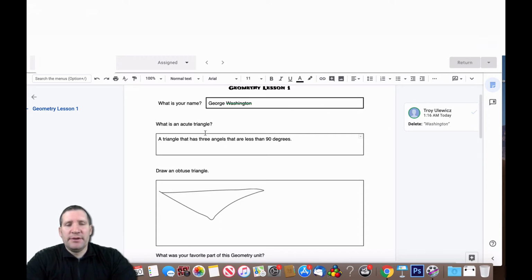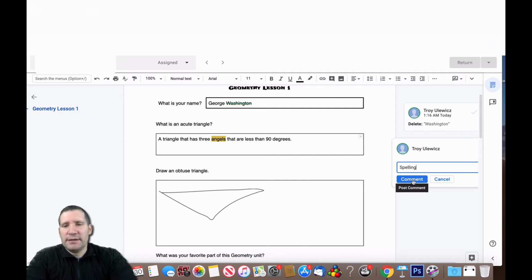Right here it says, what is an acute triangle? A triangle that has three angles, it says, that are less than 90 degrees. Now, obviously, that's a spelling error. If I highlight this word and add a comment, I could just write spelling. Okay, or I could write, you meant